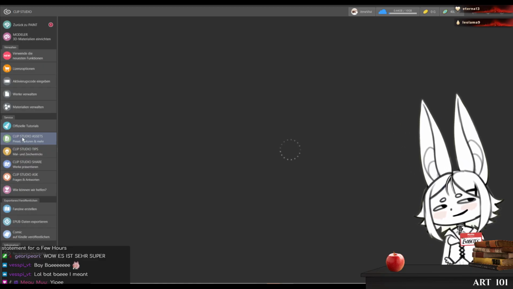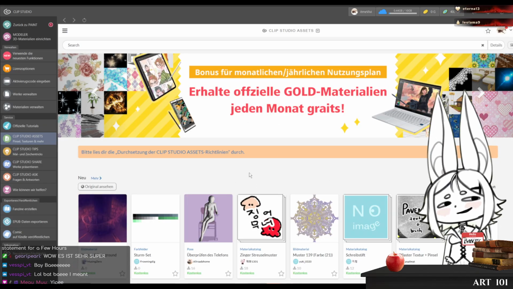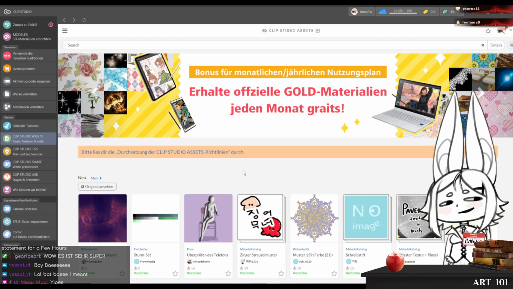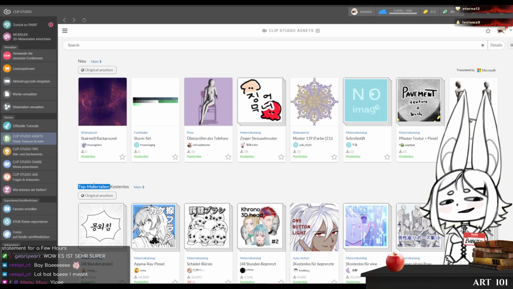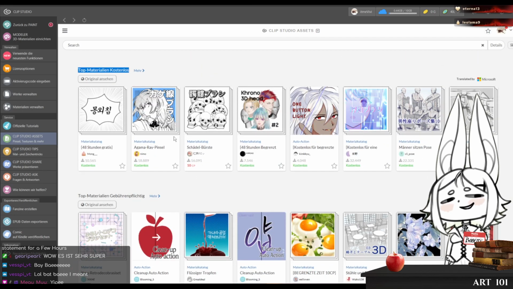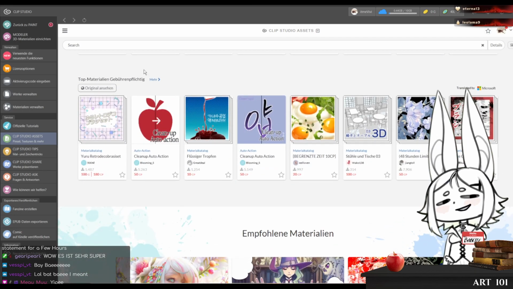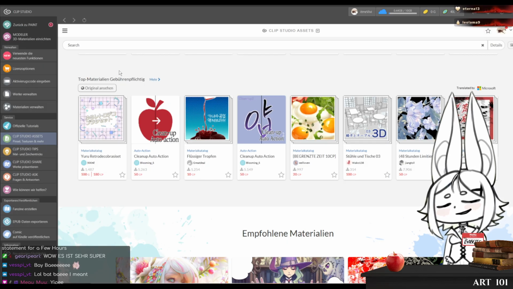Because it's slow like me. But here you can see the brushes that get uploaded by other users. You basically have, oh, what is new? You can look here, you can see the top materials that are for free. For free! You can go there, or you can check out materials that cost, but I don't know how much